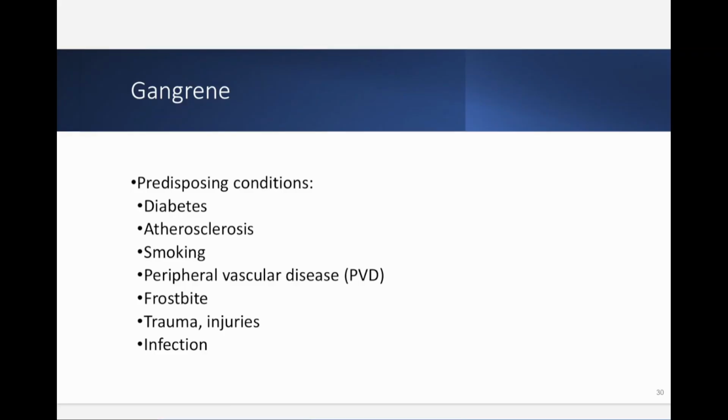I have a question about gas gangrene. Is the treatment for that the same as wet and dry? That is going to be debridement of the dead tissue, but also, again, figuring out the underlying cause. So peripheral vascular disease, smoking, all those things are going to mess up blood flow. They're going to alter blood flow to an area, causing ischemia, anoxia, lack of oxygen to the area.